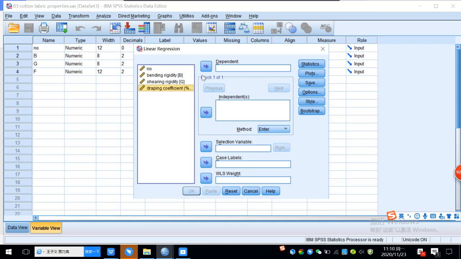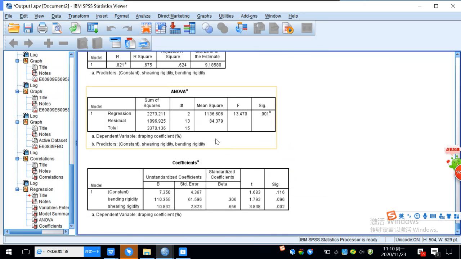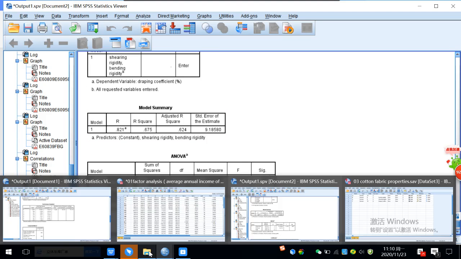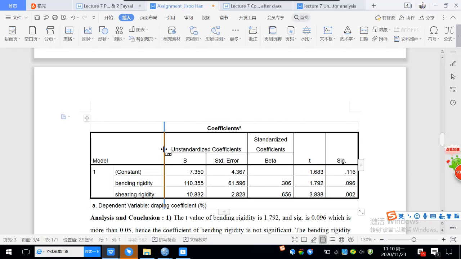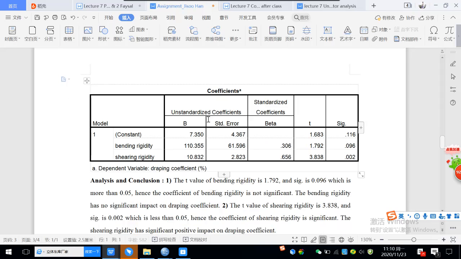So firstly, draping coefficient, then bending, shearing. Firstly, you use the method Enter, the default method Enter. Okay, here the R, and here from the coefficients,